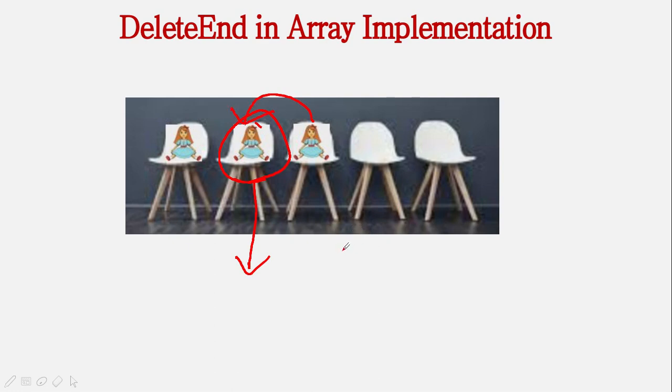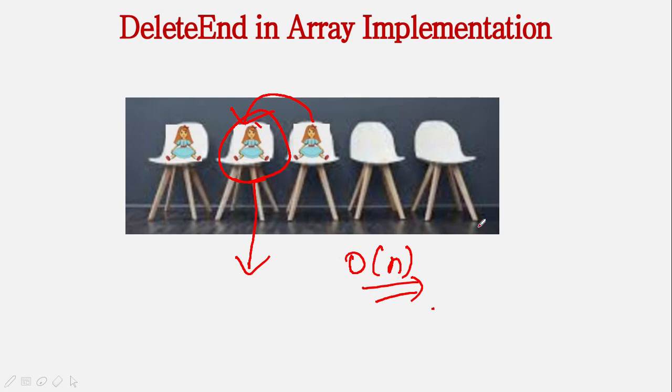So what we understand is, if only one person is there, only one person is going to move. But if there are 2 or 3 people, then everyone has to move. This person has to move, this person has to move, and so on. This depends on the number of persons. Similarly, delete at a given position also depends on the number of elements in the list. That is the time complexity that will be involved.